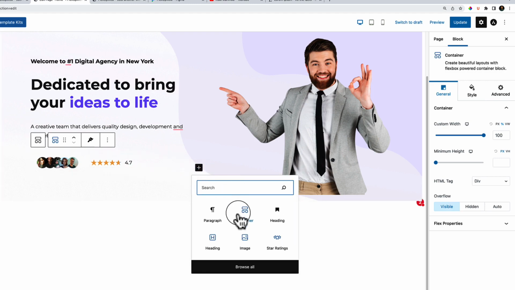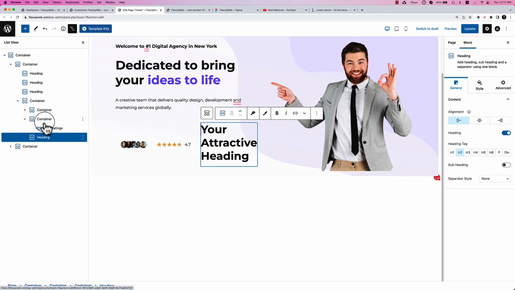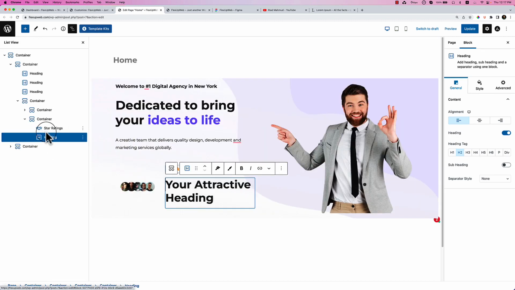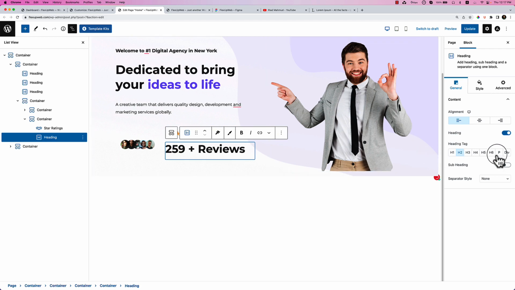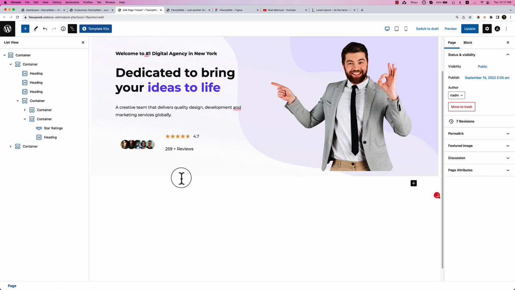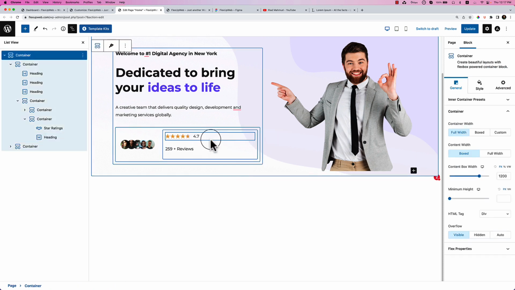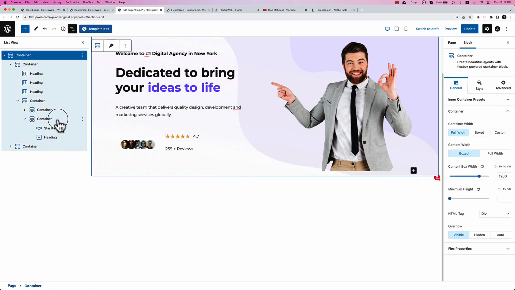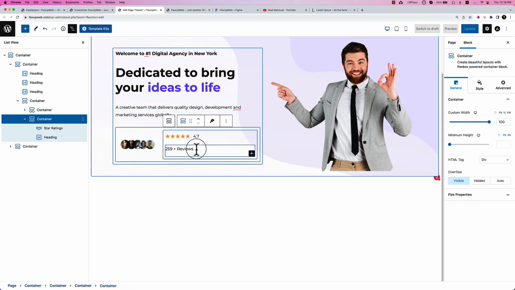Now add heading here, not here. So if you take a look at our design, it's not inside the container. So what I'm going to do, I'm going to drag and drop it here so that it can place inside the container. Paste here, change it to paragraph, and here how it looks. The one thing that we can do, we can select container,